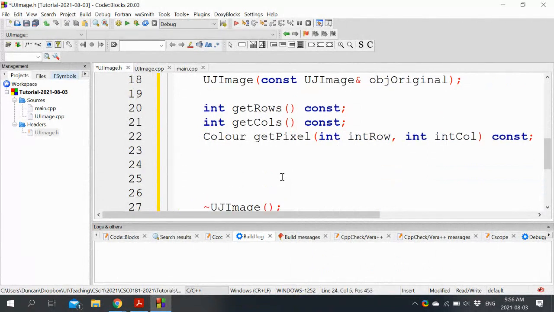And then we will have a mutator for setting a particular pixel. We're not going to make the array size resizable, so we will have a void member function for that, which we will call setPixel, and it will take the location of the pixel we will change, as well as the actual value we're going to set at that location.